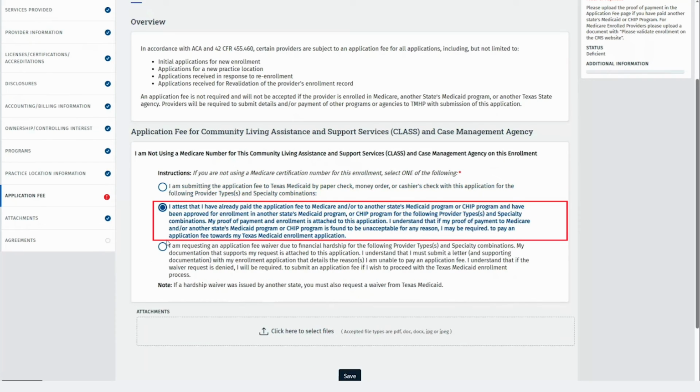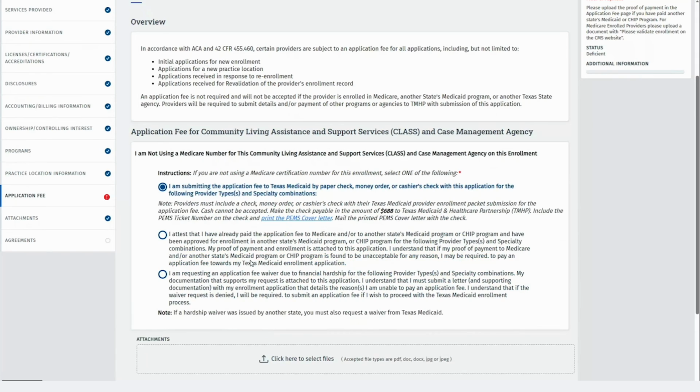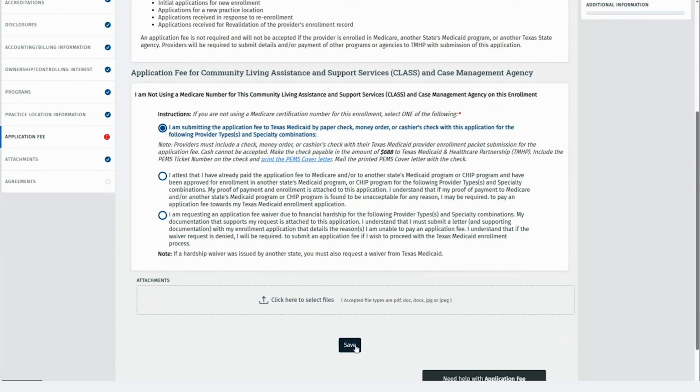2. You have already paid the fee to Medicare, another state's Medicaid program, or the CHIP program. If you have made this selection, be sure that your proof of payment is attached to the application at the bottom of this tab. 3. You are requesting an application fee waiver. For this one, you will need to submit supporting documentation in the form of a letter that lists the details on why you cannot pay the fee. This information will be reviewed by HHSC, who will make the decision on whether to waive the fee for your